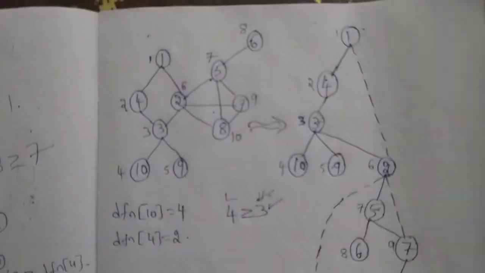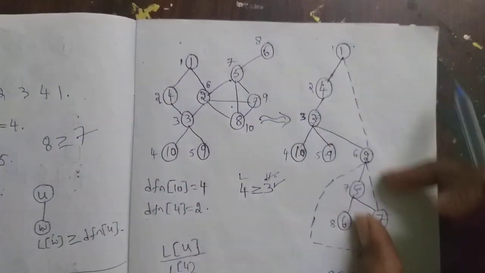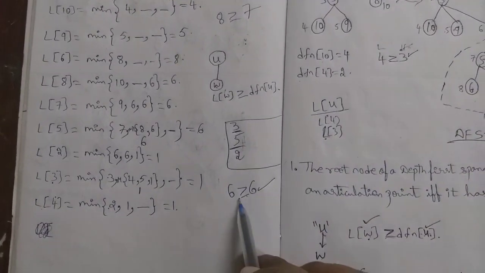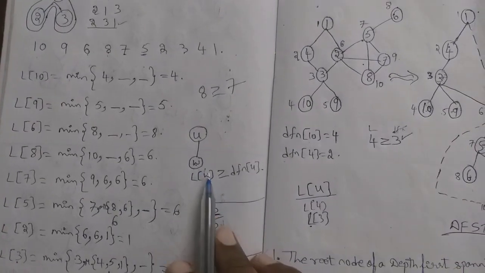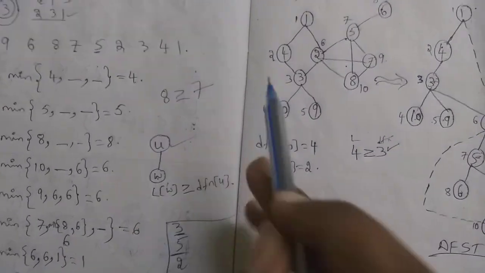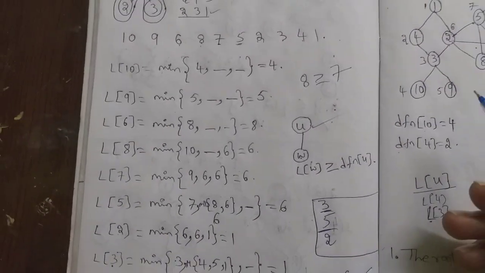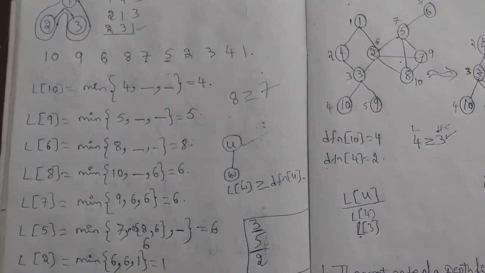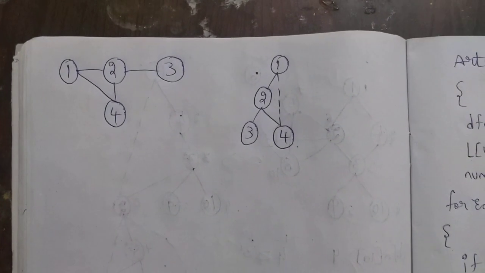If you give this graph to the algorithm, our algorithm builds this depth first spanning tree and finds the L values for each and every vertex, and if at any vertex the child's L value is greater than or equal to the depth first number of that vertex, we can say that vertex U is an articulation point. Now we'll see what the algorithm for finding the articulation points is. It is a recursive algorithm. I'll take a small example in order to explain the algorithm.